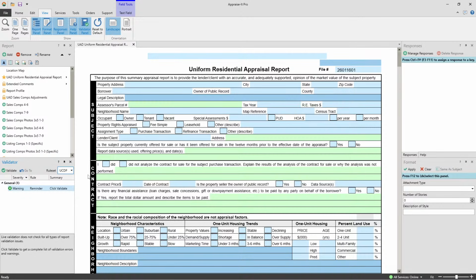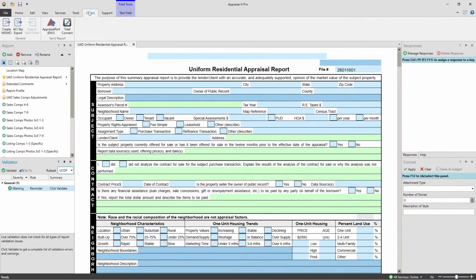Cash Appraiser says, just to be clear, there is no template for transmitting the report like in Classic. You're talking about print schemes. If I understand correctly, you have to manually construct each transmission. No. Because of the way the templates work and the way that you build a report, you don't need what were called print schemes in Appraise-It Classic. You don't need those in Appraise-It Pro, because you're going to build this report in the way that you want it to be delivered. So you're going to order it in the way that it needs to be delivered, and you're only going to have things in here that are actually filled out,